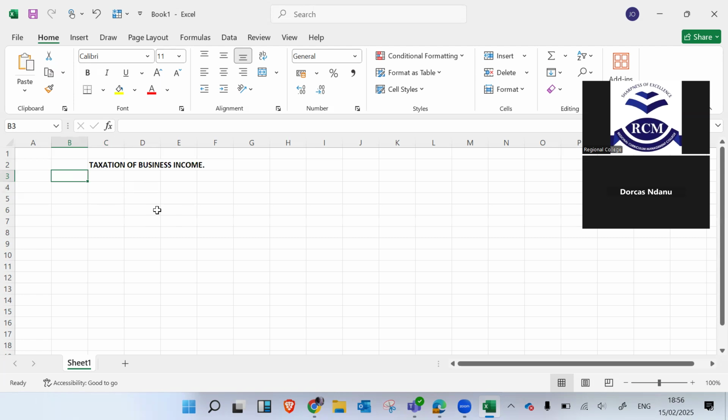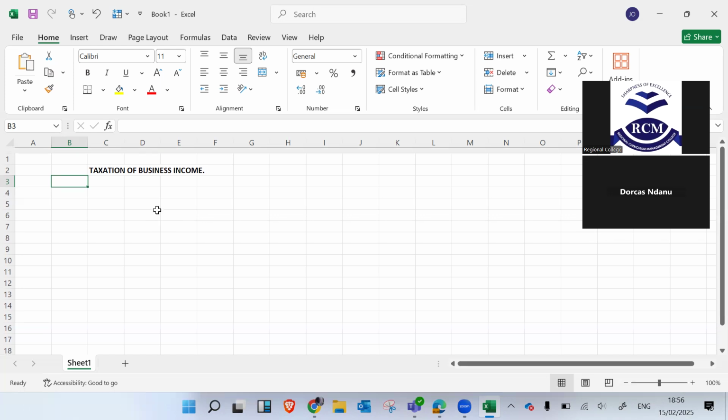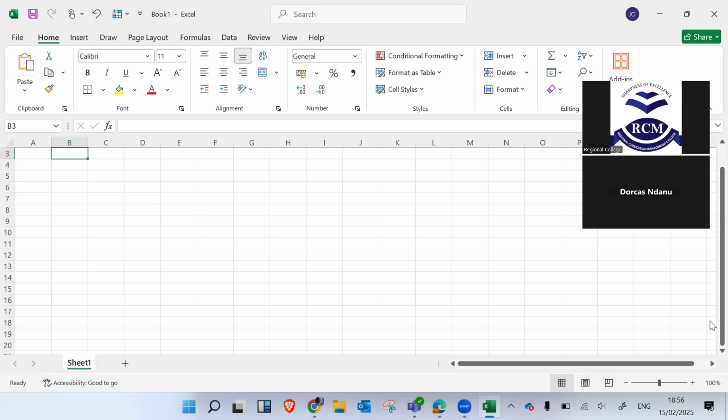For a resident who is an individual, employment income will be taxed in Kenya regardless of its source. And of course, the same for business income, as long as it's a resident. I'm not sure if we saw the difference between a resident and a non-resident. If we didn't, I have some recording I'll be able to share on that. Let's now go deeper and talk about taxation of business income.